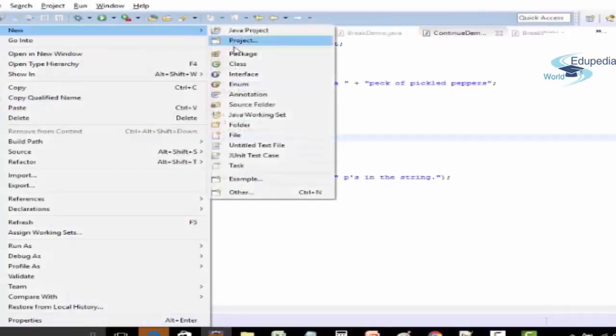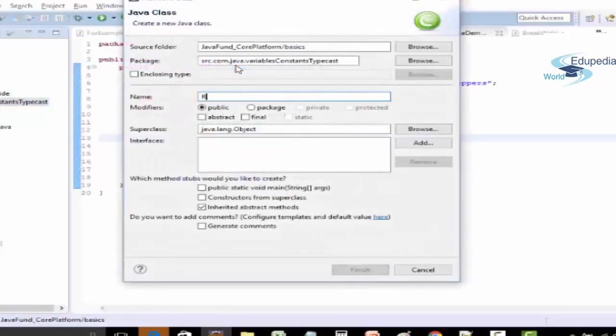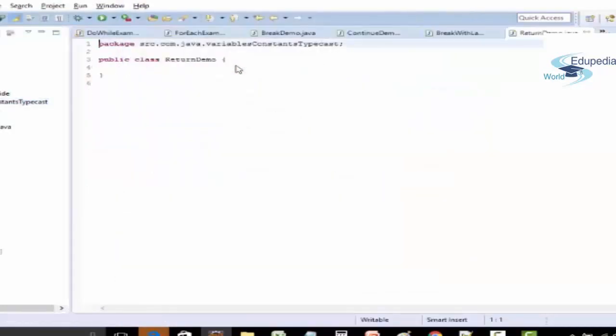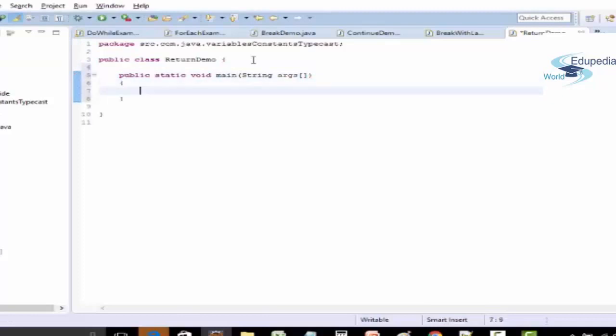Okay, over here I'm creating a class ReturnDemo. And now I'm creating the main method. And let me have another method, which is public add.